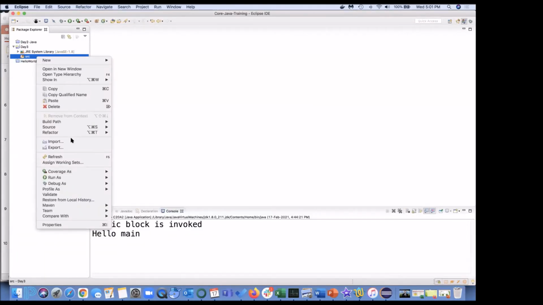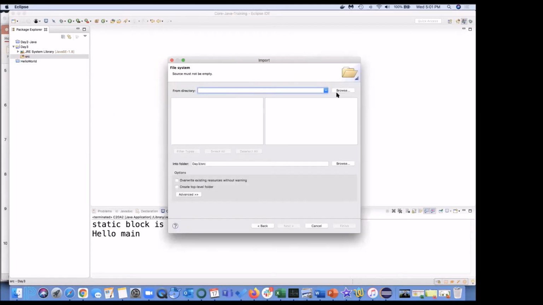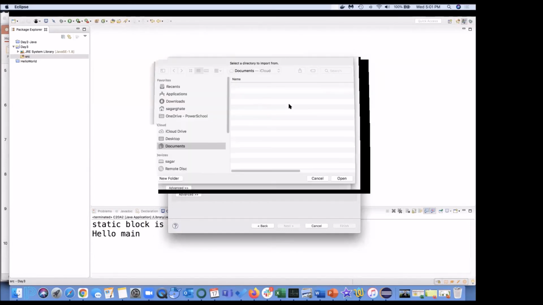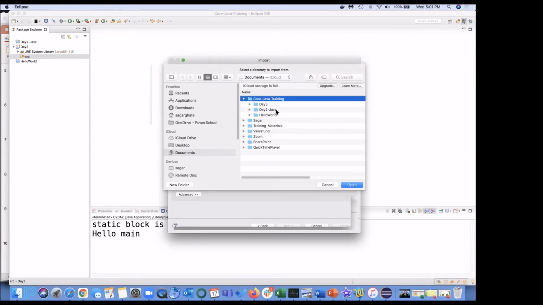So I'm going to import the file system, that is Core Java training material, and then day 4, I believe, correct?